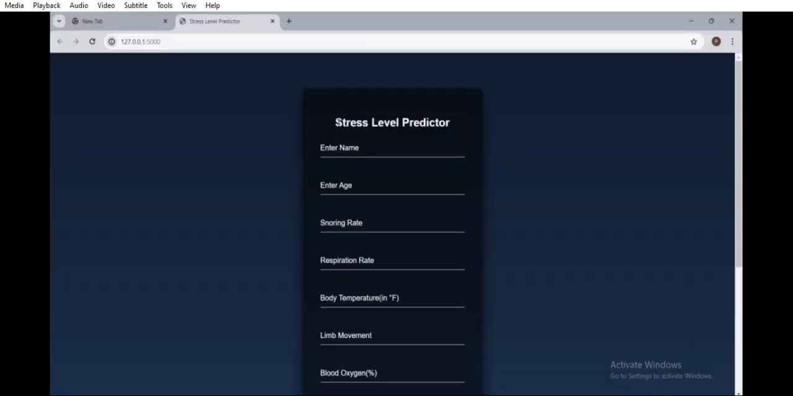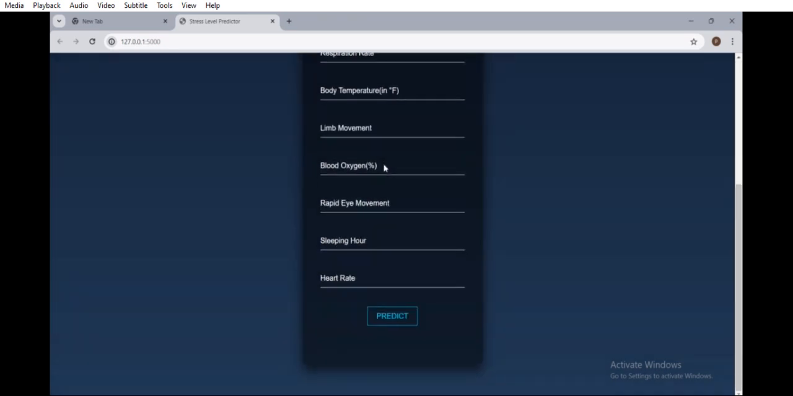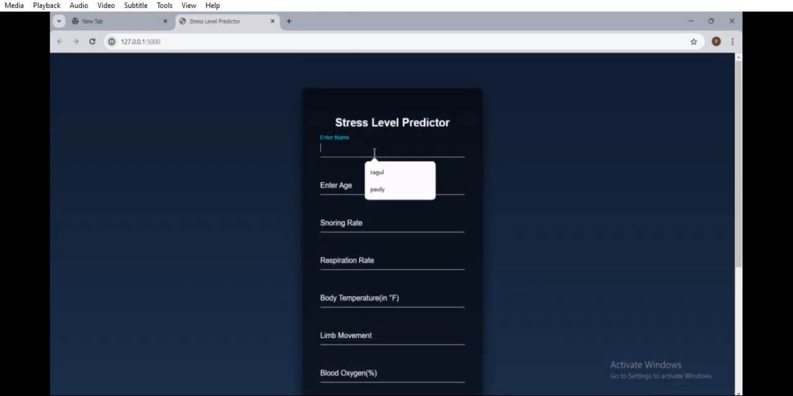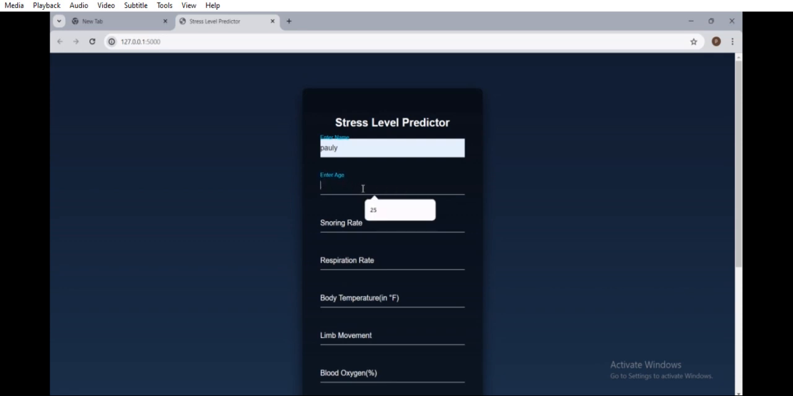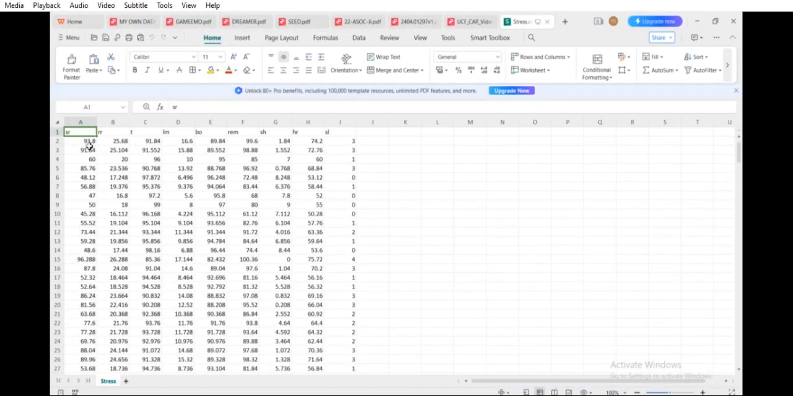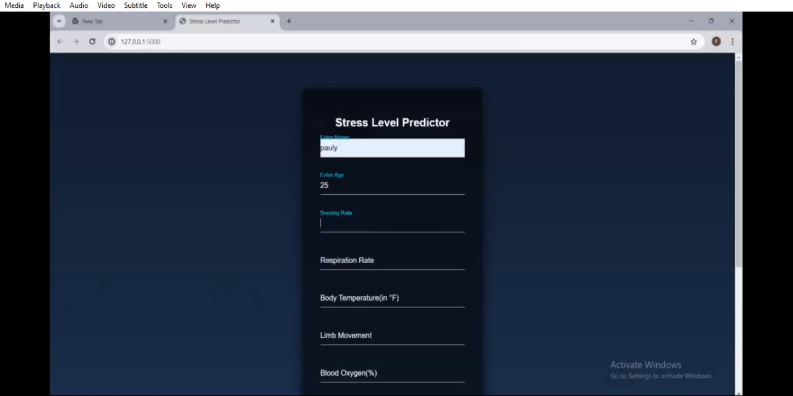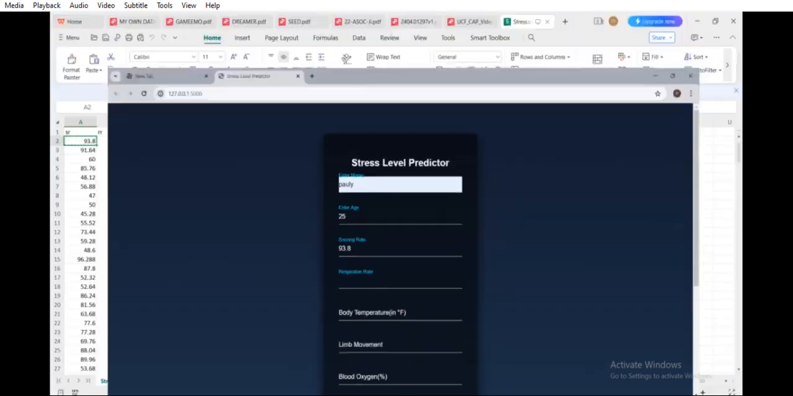Copy my URL and paste on Chrome. This is my home page, stress level predictor. First I enter my name and age. After I enter the snoring rate. Here I'm using my data sets. I collect the data sets from Kaggle